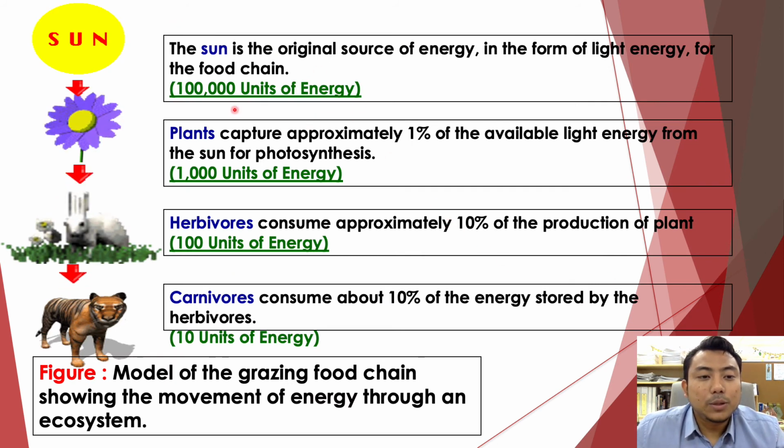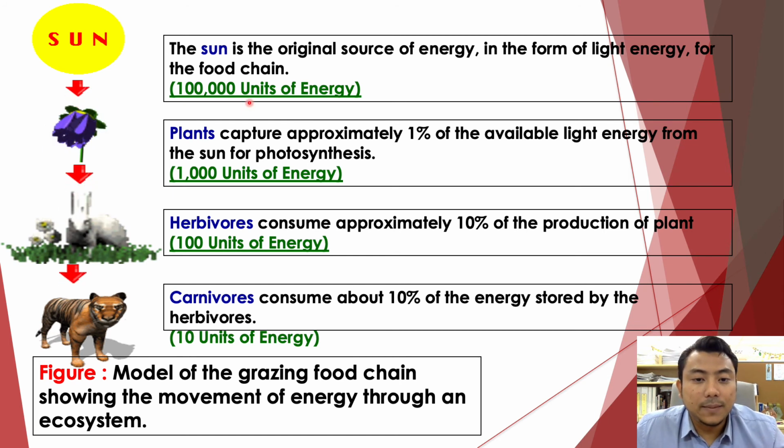So ni kita ambil contoh pengiraan ni daripada sun. The sun is the original source of energy in the form of light energy for the food chain. So dia bagi katalah 100,000 units of energy. So daripada 100,000 units of energy ni, plants only capture approximately 1% of the available light energy from the sun for photosynthesis. Maknanya daripada 100,000 ni, hanya 1,000 units of energy, joule of energy sahaja yang menjadi capture by the